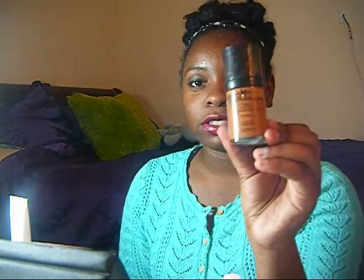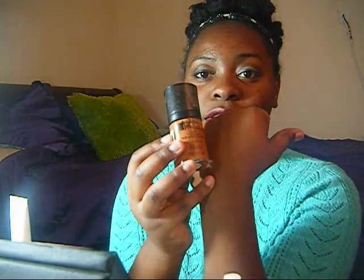But yeah, you want to choose one that's closest. If you have to buy two, buy two. But if you don't have the money, you want to get as close to your skin tone as possible. And one way you can do that, some people actually have the shades, or all you gotta do is take the foundation and hold it to your skin, your hand, or just hold it to your face. You know, I don't want you to test out the people's products if it's not testable,